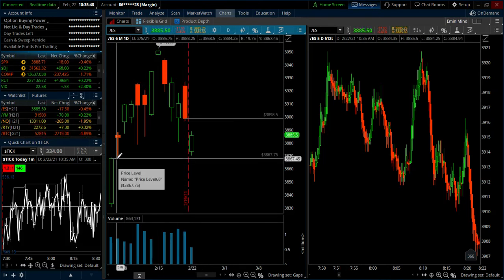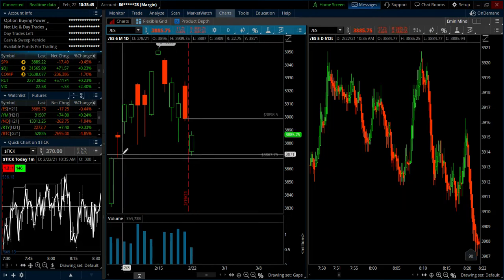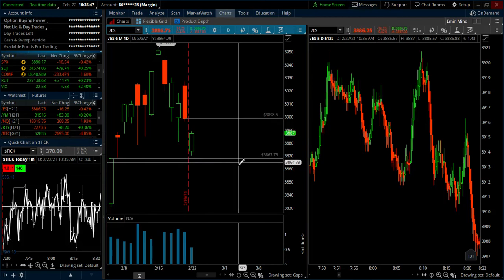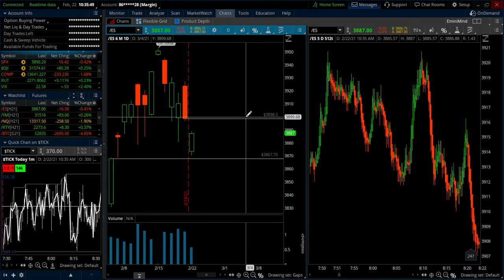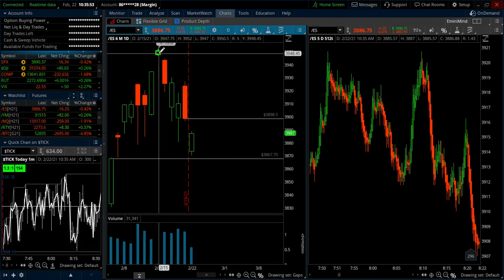We have an unfilled gap below us, 67.75 on ES. We came close twice now, but have not touched it. And then above us, we have Friday's close is really the last unfilled gap. I don't consider the 15th, it was President's Day, so that's kind of a null day over there. All right, and then the last thing